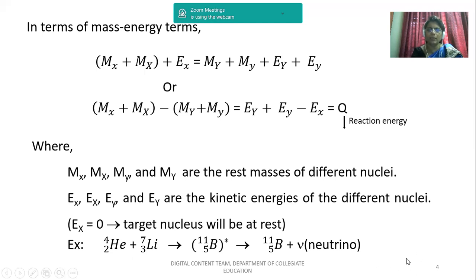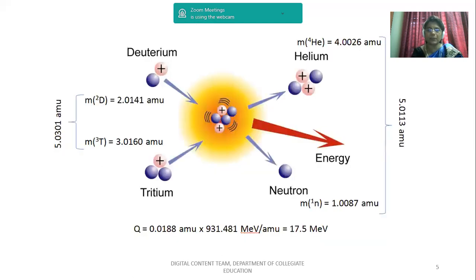Here, if you apply the respective masses and observe the difference in mass and convert that into energy, you can see that mass energy conservation is valid for this particular reaction. So in the next example, we'll try to understand this mass energy conservation in detail along with their respective masses.